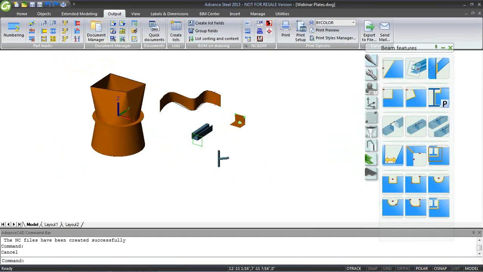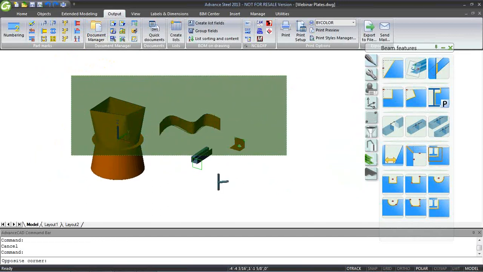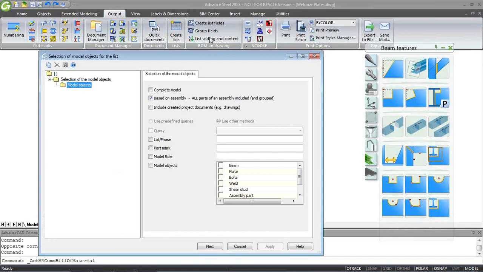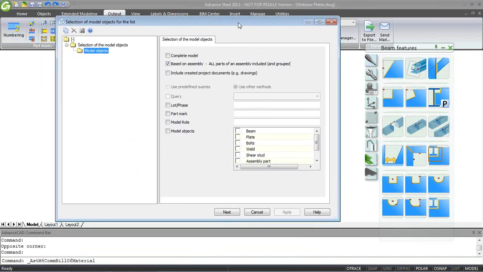All right, let's go now and create a material list of this plate work. We could select all the plates and going under Create List, and this will basically give us a nice external list of the materials that we need required for fabrication. So running this